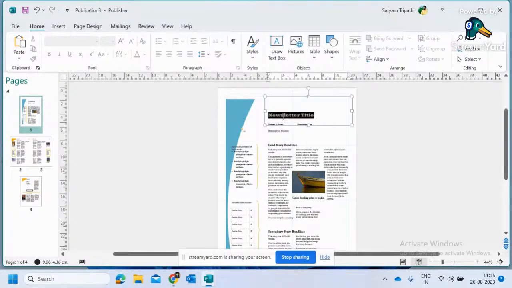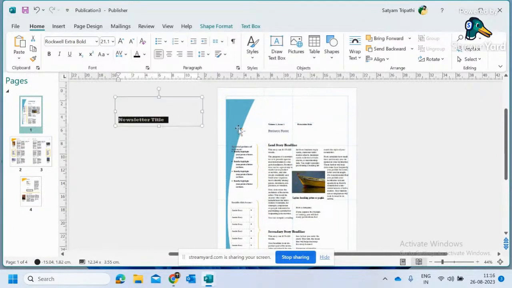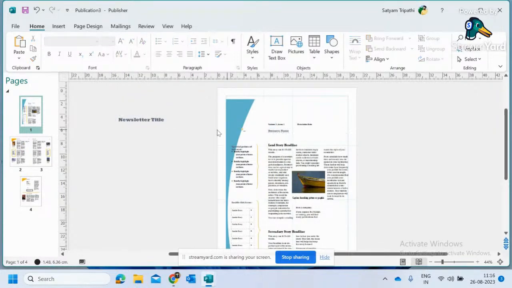Suppose I just want to remove this newsletter. Right now I don't want to see it. Maybe later I can put it here. You can put all the content on the left side, and whenever you want to edit this part again, you can take things from here also. So this is a scrap area. You can put all the things